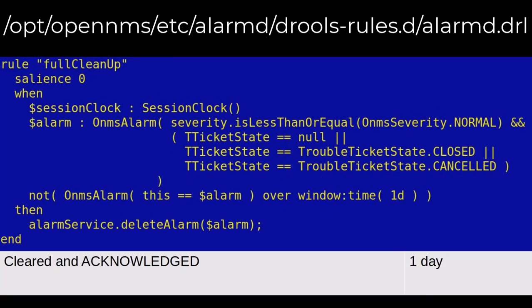This full cleanup rule looks for alarms with a severity at or below normal, that would be normal, cleared, or indeterminate, for which a trouble ticket does not exist or is closed or is canceled, and for which the last event time was more than 1 day before the current evaluation time. If the evaluation holds, the alarm is deleted. There is no consideration of the alarm's acknowledgement state in this rule. However, because the cleanup rule's delay, 5 minutes, is shorter than this delay, 1 day, this rule is applied to